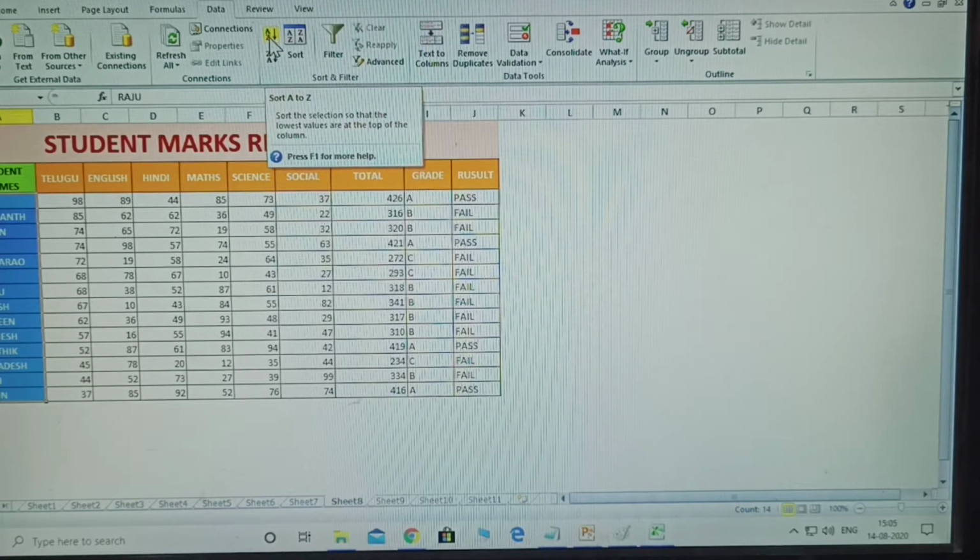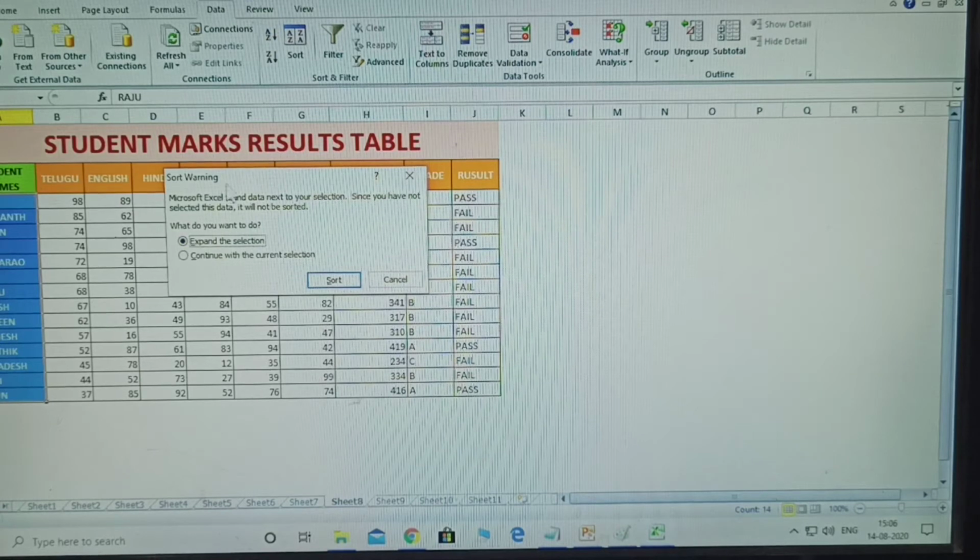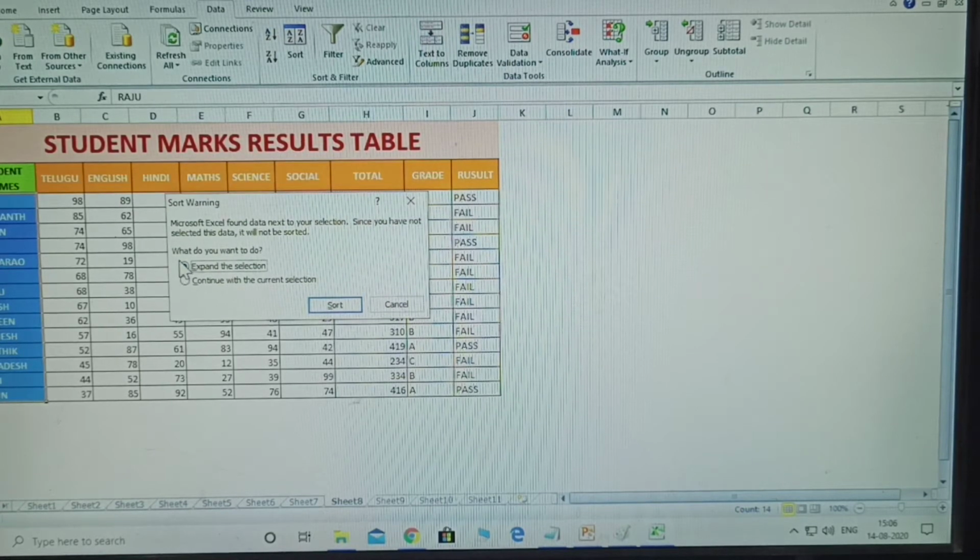What does A to Z sort mean? It sorts the selection in alphabetical order, A to Z. Click it and one dialog box opens: what do you want to do?